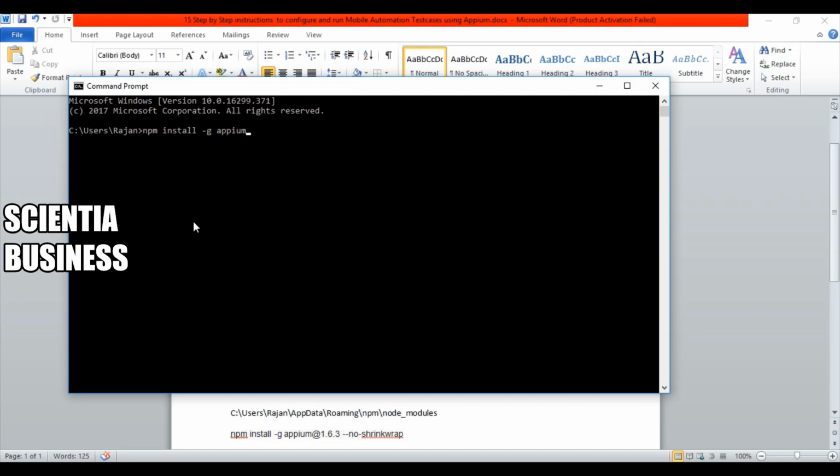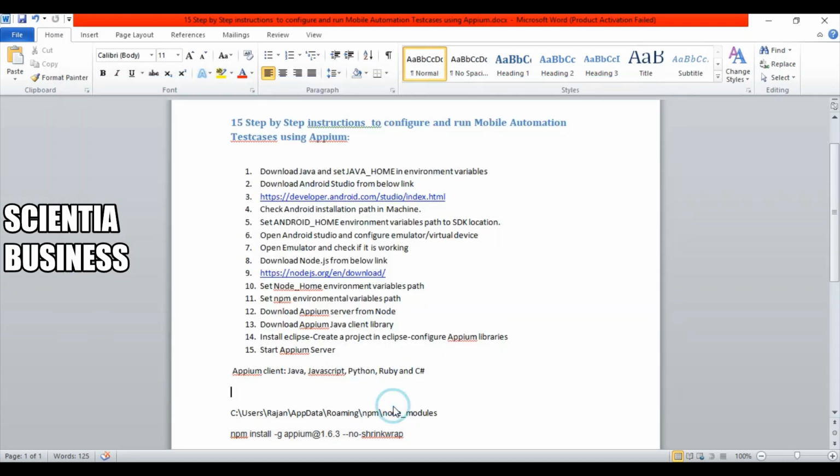But one thing you need to keep in note is that whenever you write this command, npm install g apm, it will install the latest stable APM version that the APM guys have given. They will tag the build as a stable version, and it will always download the latest stable version. So using this command, as I've said, it will install the latest stable APM version.